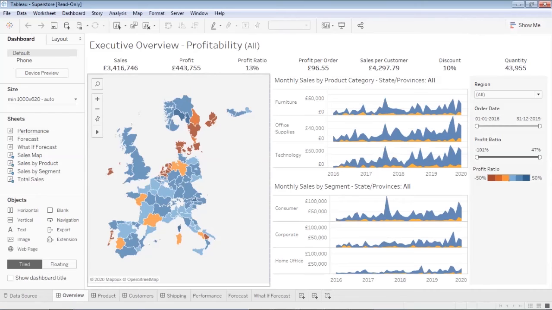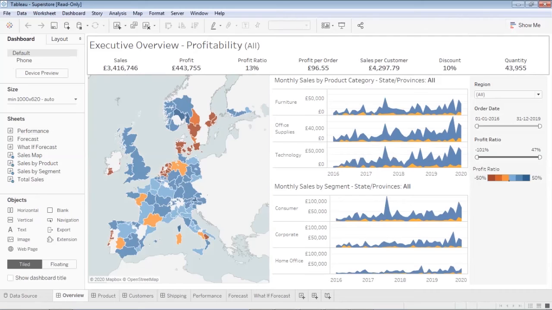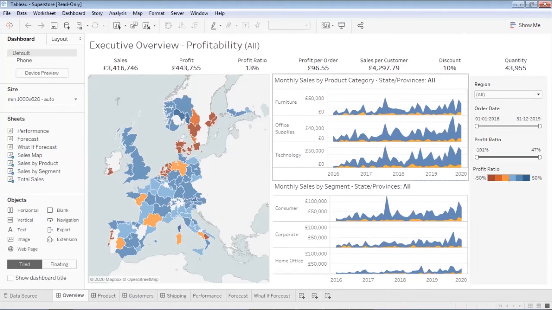This dashboard is telling us the executive overview for the profitability of this superstore company. This is basically a store like Walmart, where they sell furniture, office supplies and some technology products. State by state, it's giving us the sales figures monthly based on the product categories.